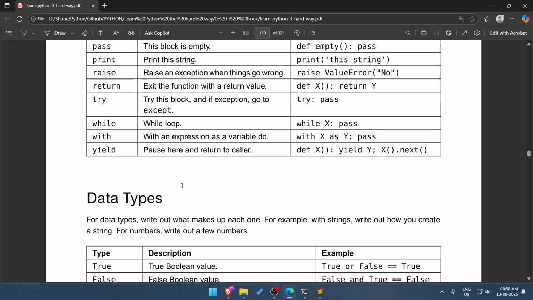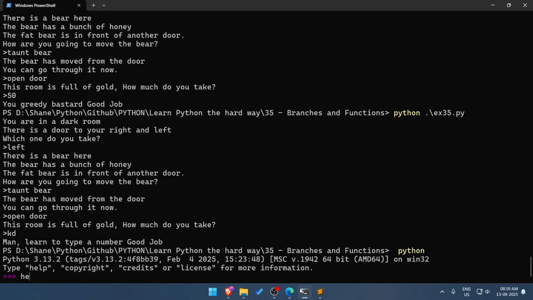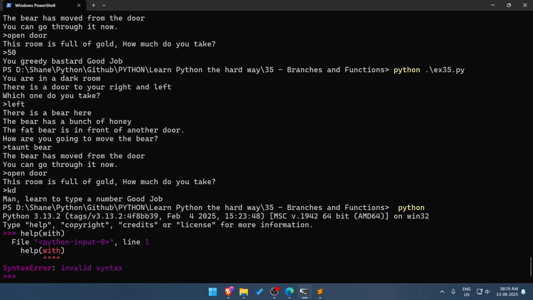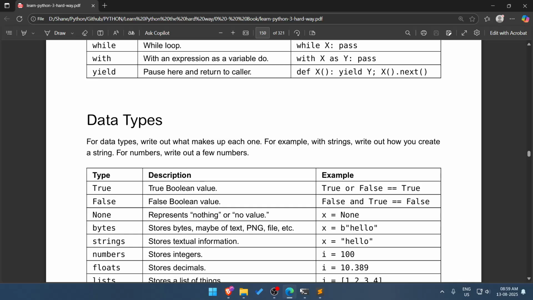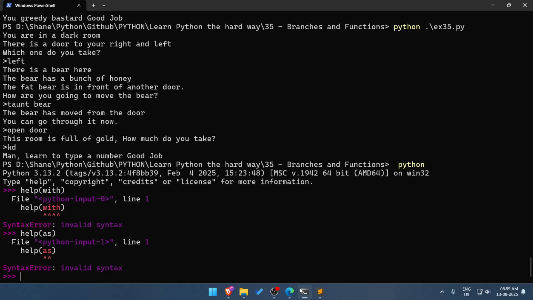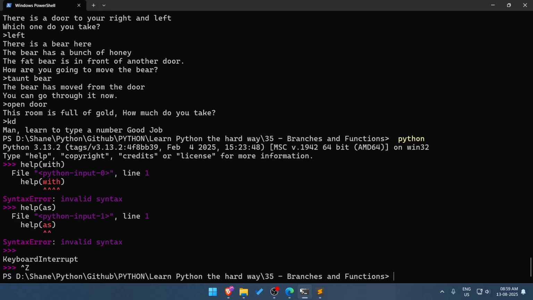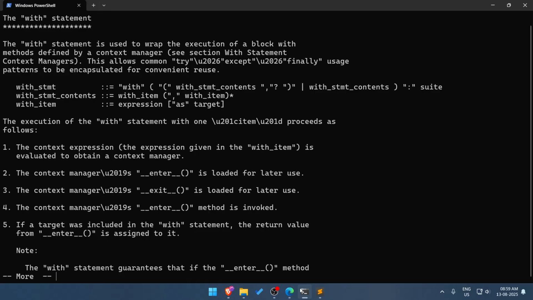And then, data types. Python should help me with this, since I think I have with wrong, and as wrong.